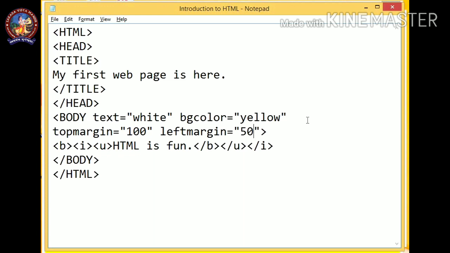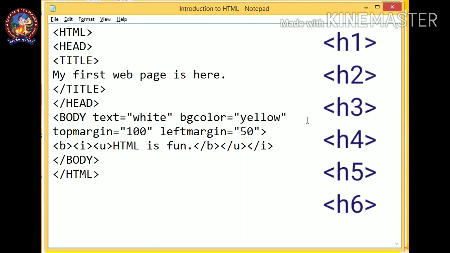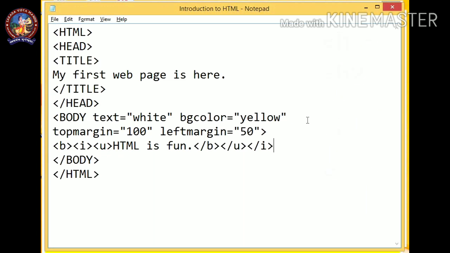Now heading to the next topic, that is the heading tag. In HTML we can give some headings. We have 6 headings available: heading 1, heading 2, heading 3, heading 4, heading 5 and heading 6. For that purpose we are going to use this code, and I am deleting these unnecessary tags. So let's use the heading tag. The heading tag is used to provide a heading. So H1 is the largest size. Close H1, it is a container tag, so it must be closed.